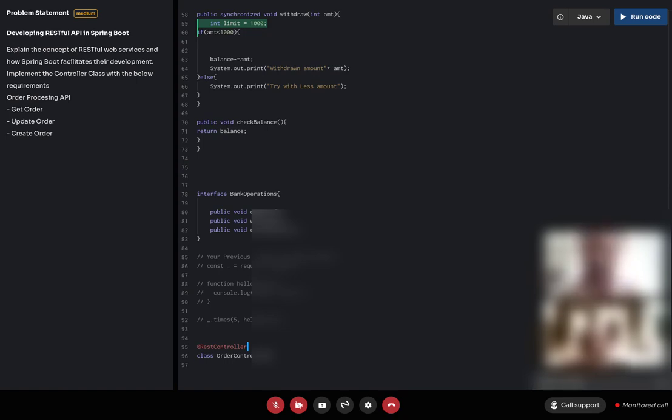So let's say if I'm defining an API endpoint having syntax is something which